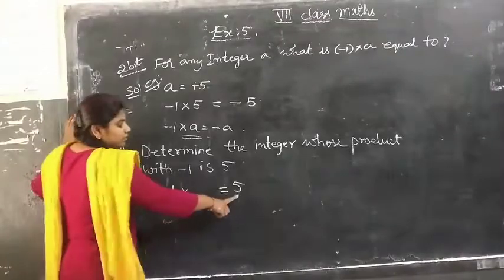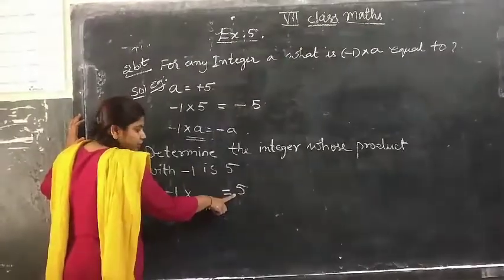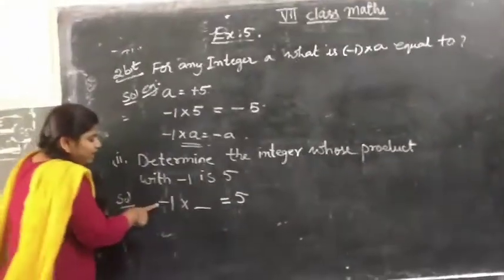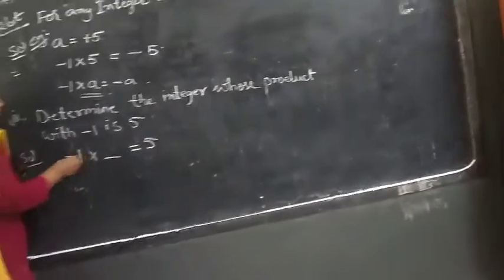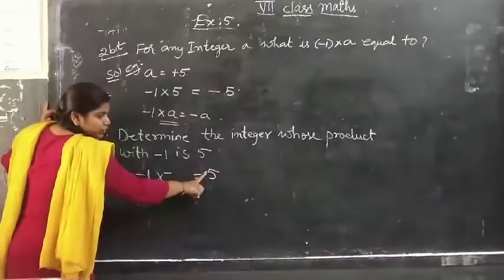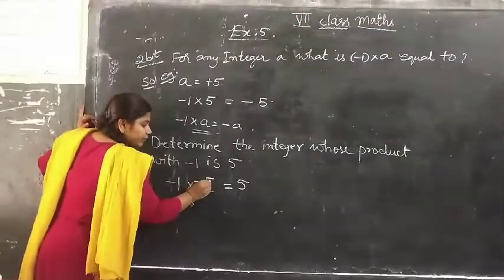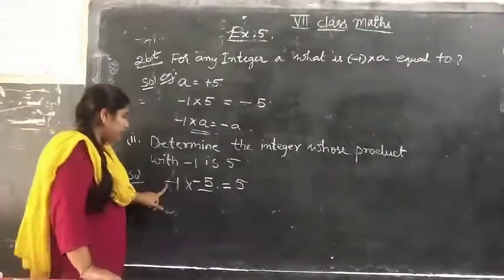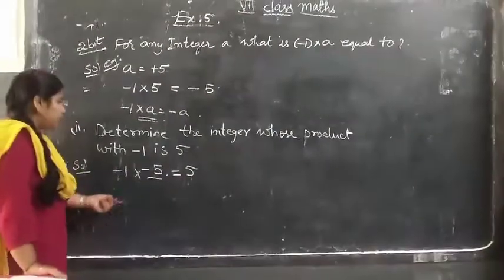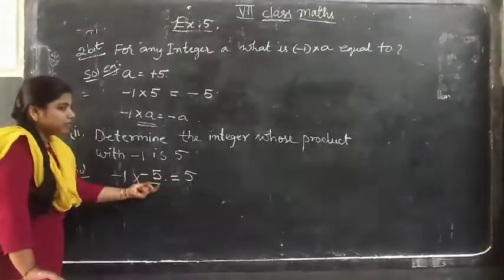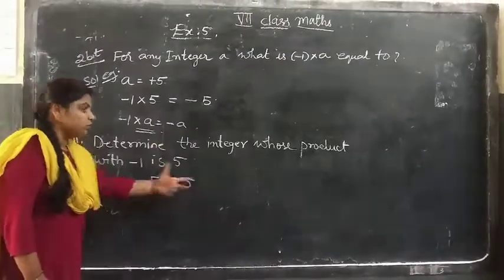So here what is the result, this 5? It is a positive number, with a positive sign. So for minus, which sign will you multiply to get positive? That is minus into minus is plus, positive sign. So for 1, which number will you multiply to get 5? That will be 5 itself. So minus into minus will be plus, 1 into 5 is 5. So which number are you multiplying to get 5 here? That is minus 5. So minus 1 into minus 5 will be equal to 5.